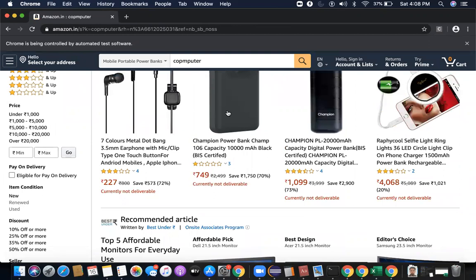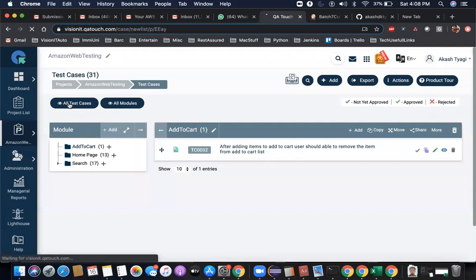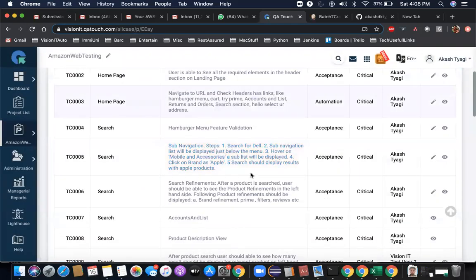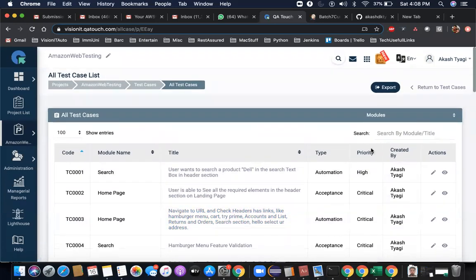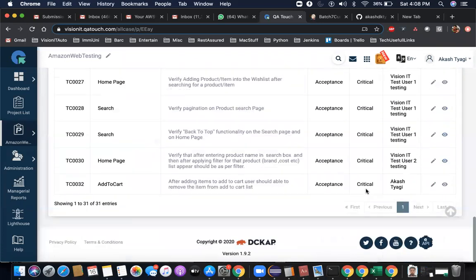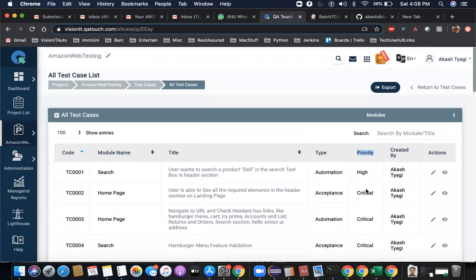And that is what we are also going to start doing. So we have many test cases written here, right? We are not going to automate test cases in sequence, guys. You see this priority here. Right now we have marked everything as critical, which is not a good practice. So the next time you create a test case, you also need to know the priority of the test case, and based on the priority, we start automating it. So the first priority should come at the top, and that we should be automating.